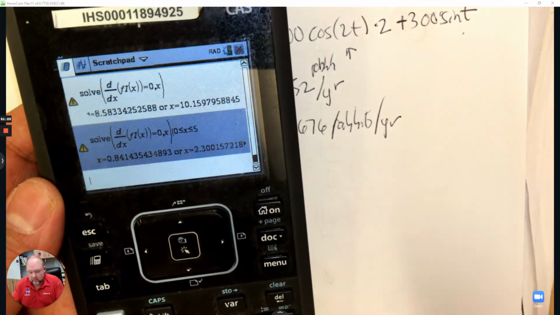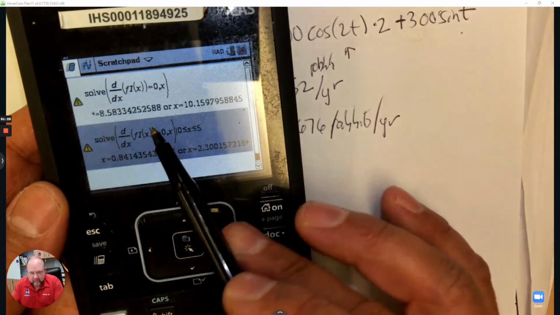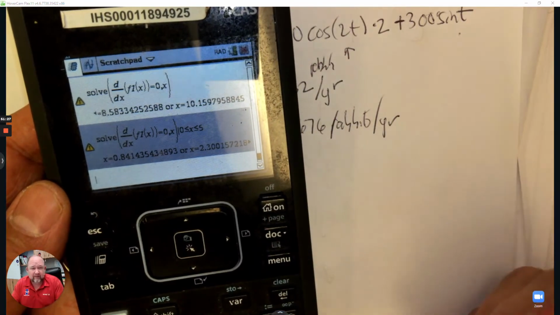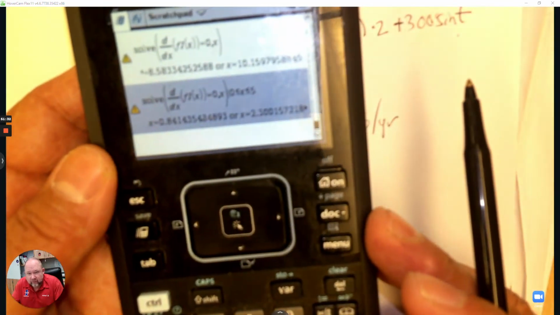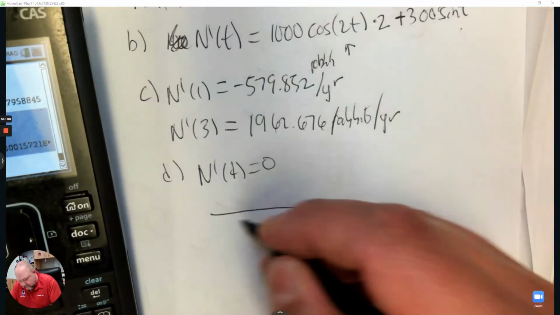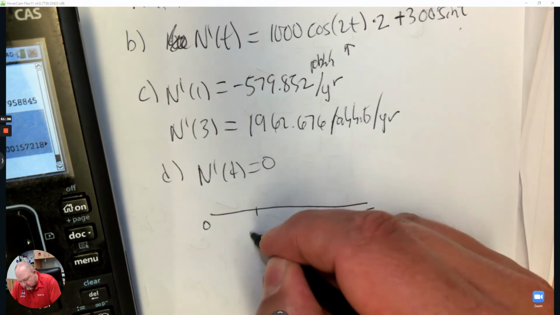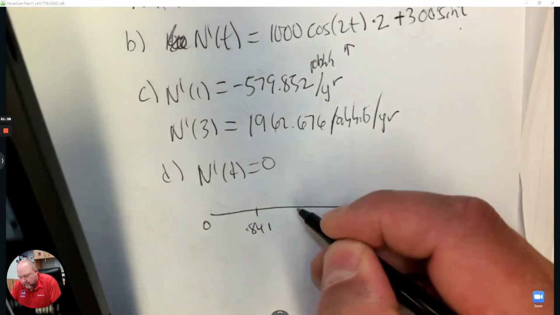There we go. So I put a restriction between 0 and 5 to solve it because it's trigonometry. There's an infinite number of answers. So I see now the two answers, which are 0.841. I'm going to draw a number line. So it's from 0 to 5. So I have 0.841, and the other one is